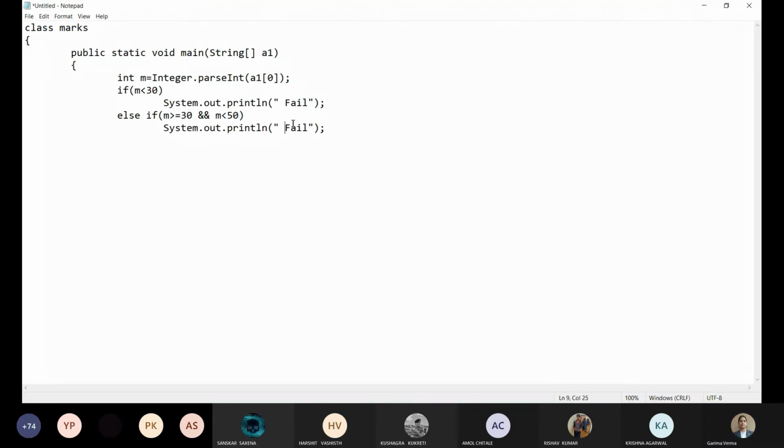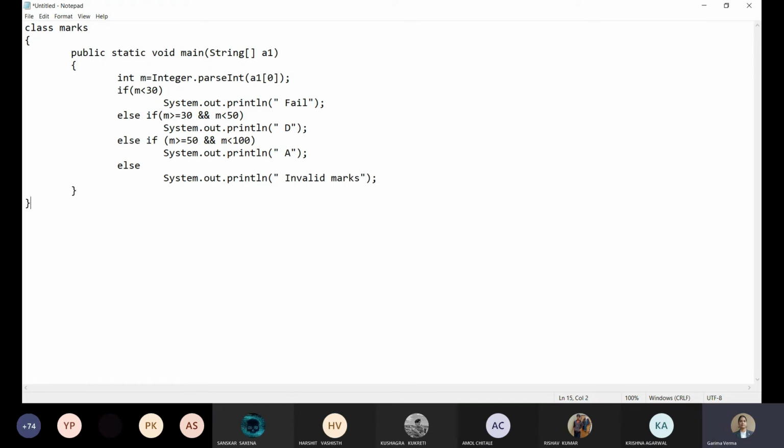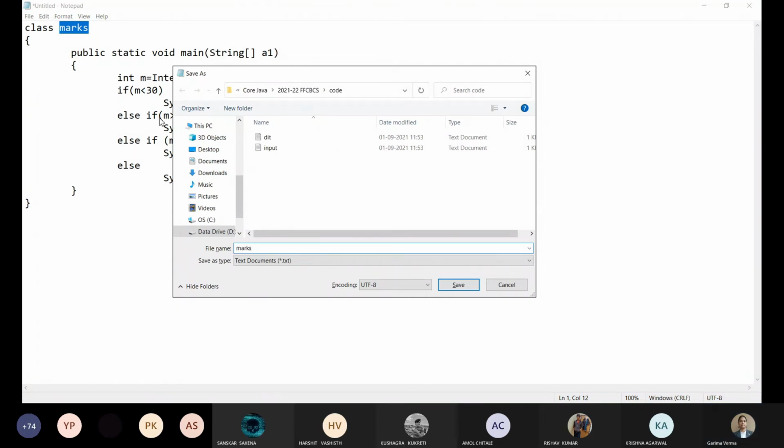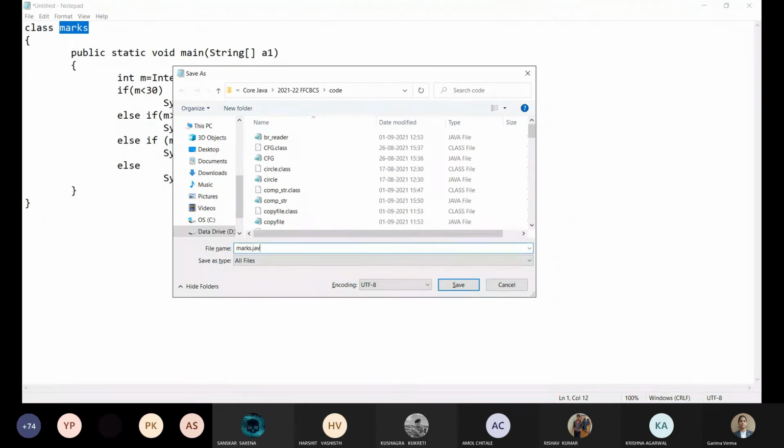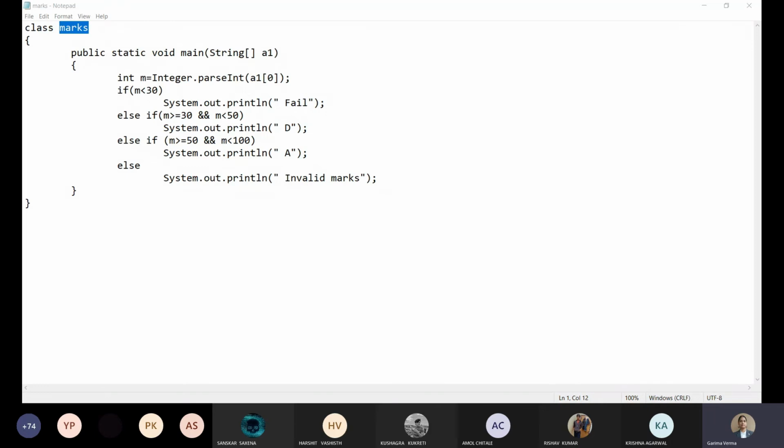Then I should get a message, my grade is say D, and एक और लगा लेते हैं else if m greater than equals to 50 and say m is less than 100. मोर और लेस वैसा ही प्रोग्राम है, बस मैं थोड़ी सी कंडीशंस इसमें शॉर्ट कर रही हूँ. एल्स लगा लेते हैं इसका. एल्स हम यहाँ पे प्रिंट करने वाले हैं इनवैलिड मार्क्स. द प्रोग्राम इज रेडी. इसको सेव कर लेते हैं. एंड नाउ इसको रन करके देखते हैं.